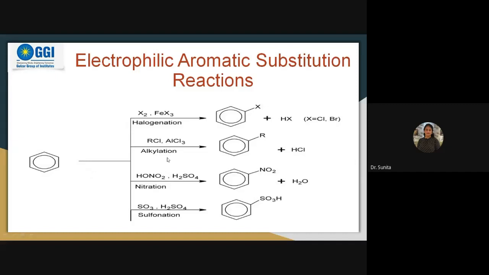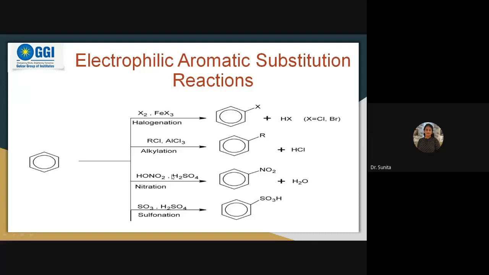Similarly, we can go for alkylation reactions. In this case, it is a kind of substitution reaction. Here the H is replaced by the R group, and this reaction takes place in the presence of aluminum chloride. Similarly, we can go for nitration reactions. Hydrogen from the benzene can be substituted in the presence of sulfuric acid by the nitro group, and we get the product like this. We get nitrophenol,